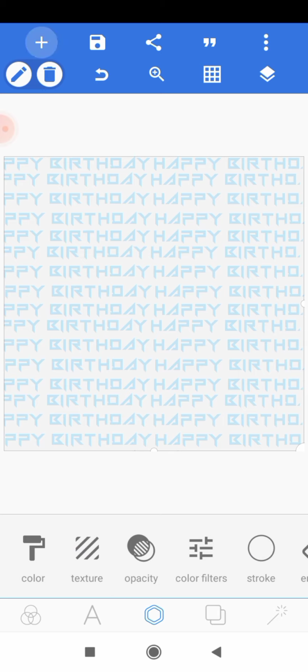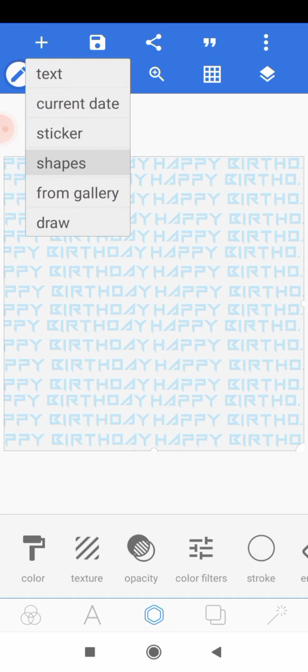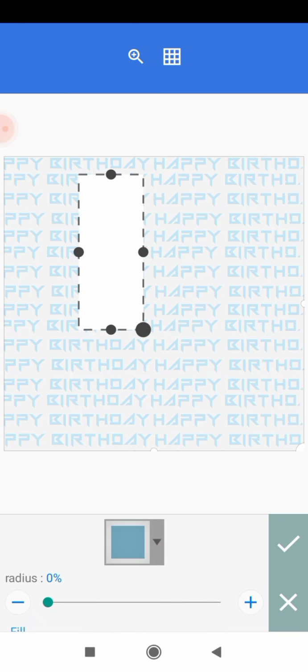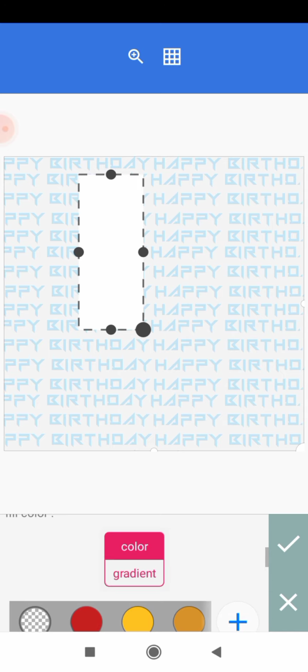And the next thing we want to have is the square or the rectangle we have, so that we can input our subject. So we'll head onto the plus icon here and we'll add another shape, and then we'll just scale it like this, and then we'll give it